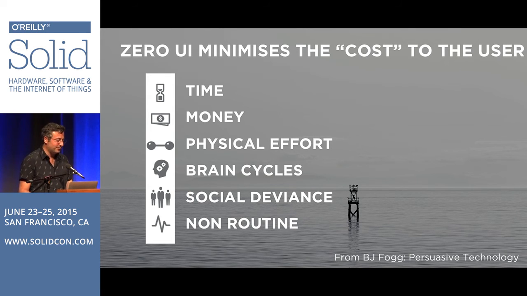We can see analogies for all of these. But the one that really strikes me as needing a bit of unpacking is the fifth one down, social deviance. How does that play into design? If you think about it, it's actually pretty clear, because if we didn't care about what people thought about us, we would do things in a much easier way.